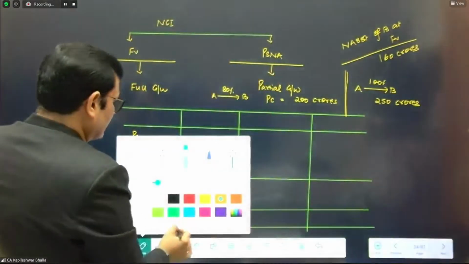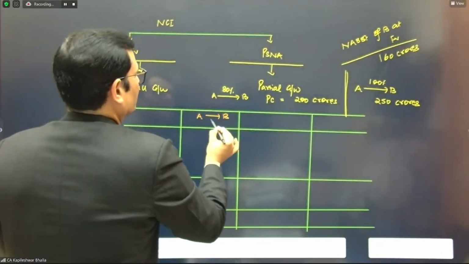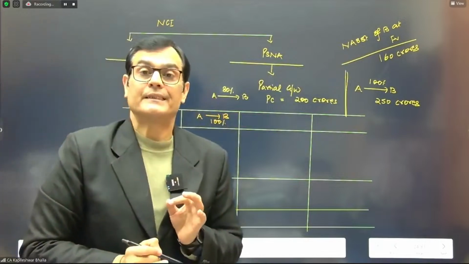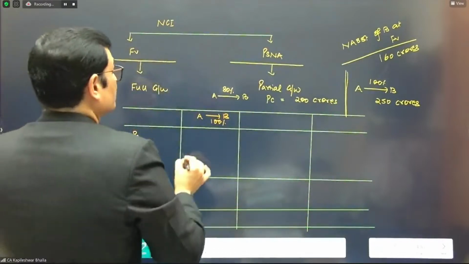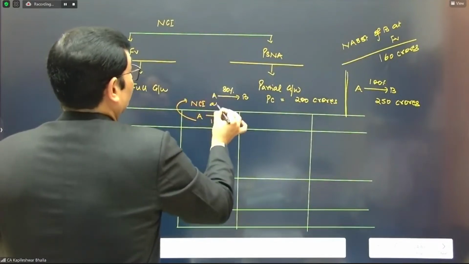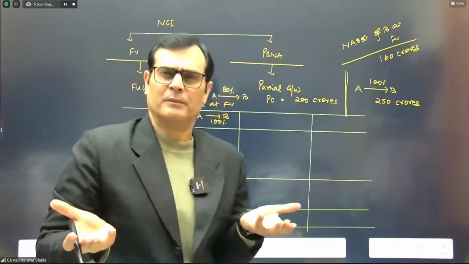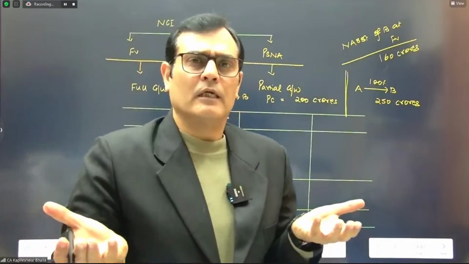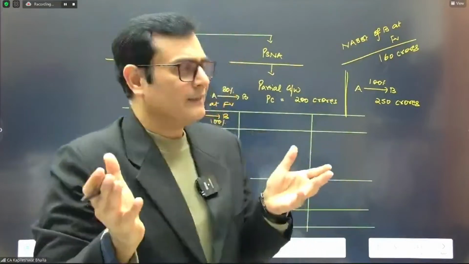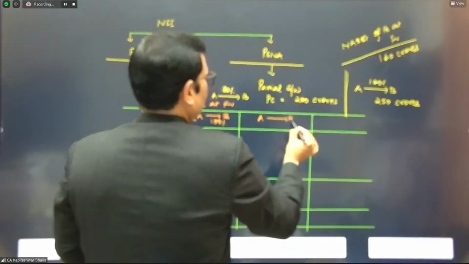I'm going to first of all consider that if A gets in B 100% stake, and I am considering the NCI at a fair value. But there will be no NCI. I know, if A gets 100% stake in B, there is no NCI, but I'm just maintaining that I'm taking NCI at fair value. And let's take a case where A acquires in B